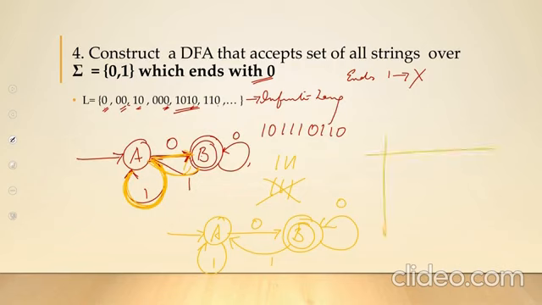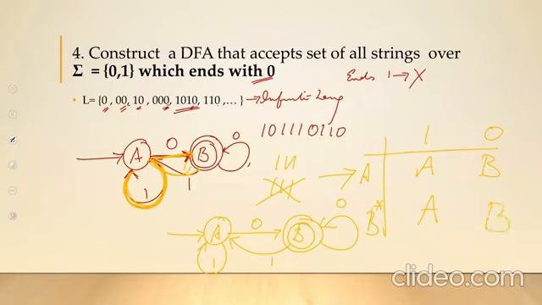I'll even draw my table for it. How many states do I have? I do have only 2 states, A and B. A is my initial, B is my final. I do have only 2 inputs, 1 and 0. The columns are my states and the rows are my inputs. So let's check. A on 1, you reach A itself. A on 0, you reach B. B on 1, where do you reach? B on 1, you reach A. Sorry, B on 0, you reach